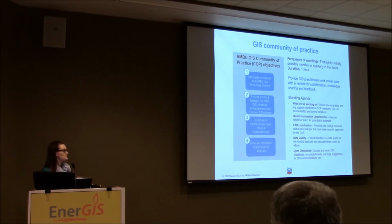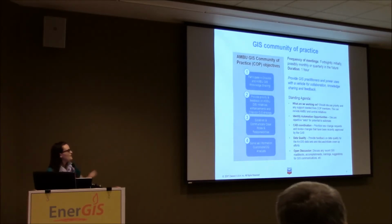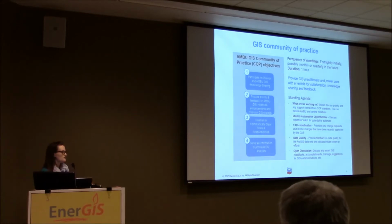They're super powered GIS users within the business. Some are past team members, some use GIS every day, some don't, but are aware of GIS and what it can do. And you'll see number 4, they act as those custodians. So if someone has a data request, say they need new coal data, if that request comes in to the IT team, we then reach out to the member of that function, say a geologist asks, and we would go to our asset development